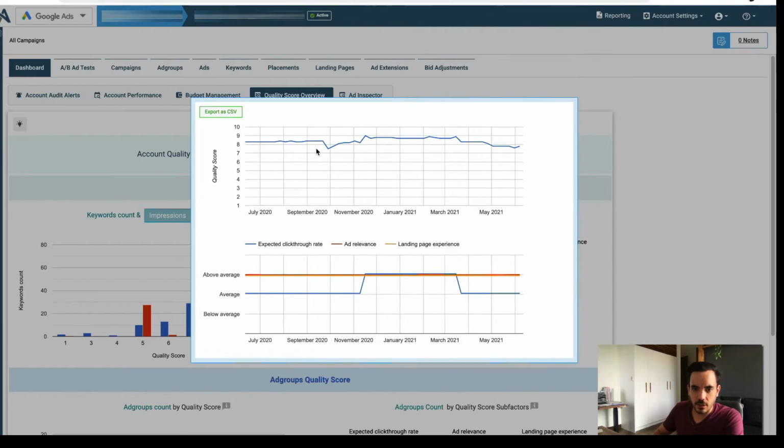So you can see here that quality score is pretty flat, and then it dipped, and then it came up, and now it's a little bit down. And then what you can do is figure out what changes I was making to the ads around this point. Did that lead to the quality score drop? And also for the changes in overall quality score, this graph here will tell you what were the contributing factors